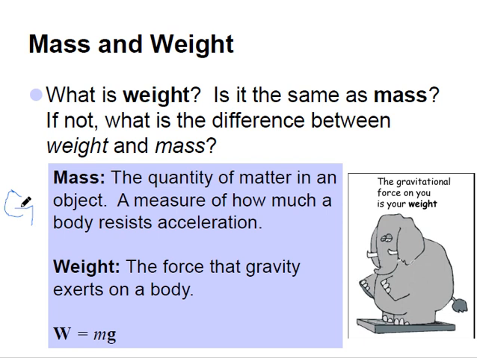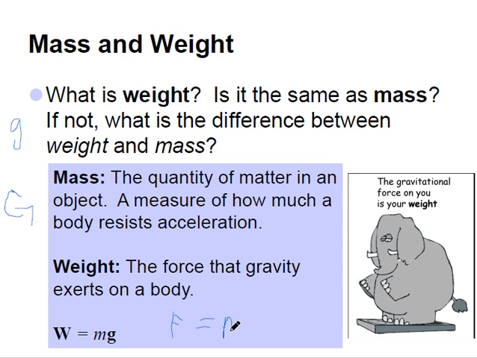And because of this, you change the acceleration of that object and it becomes a little g. So you have weight equal to mass times acceleration due to gravity, same as force equal to